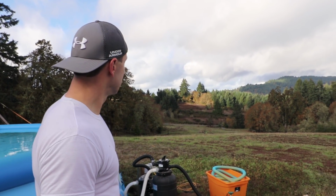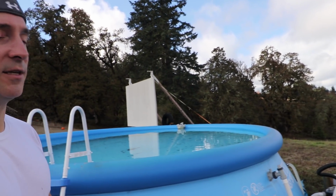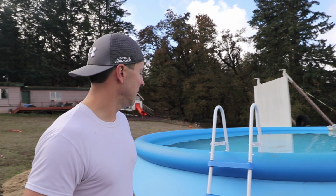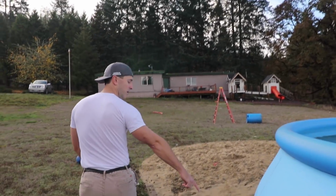I didn't have it close because of where I decided to put the pool. So that was renting a trencher, getting the power line to put in the ground, direct burial power line, getting the flex water line to run down there. And then the last thing we did, if you want to film the sand here,